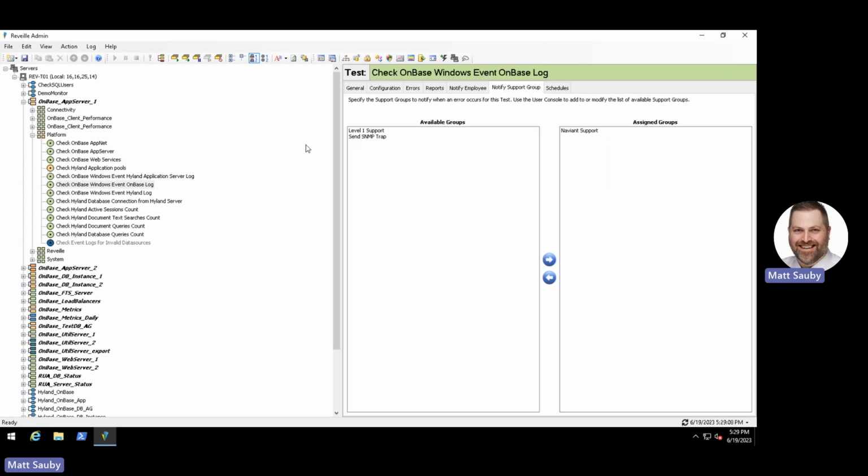Proactivity is key when it comes to maintaining optimal system performance. Reveille's real-time alerts and notifications keep you informed about critical events. With Reveille, you can easily configure alerts based on specific conditions, whether it is a sudden increase in error rates or a significant drop in performance, or even a system outage. Reveille will notify you via email, SMS, or other channels of your choice. It's like having your own personal assistant that never lets you miss important system updates.